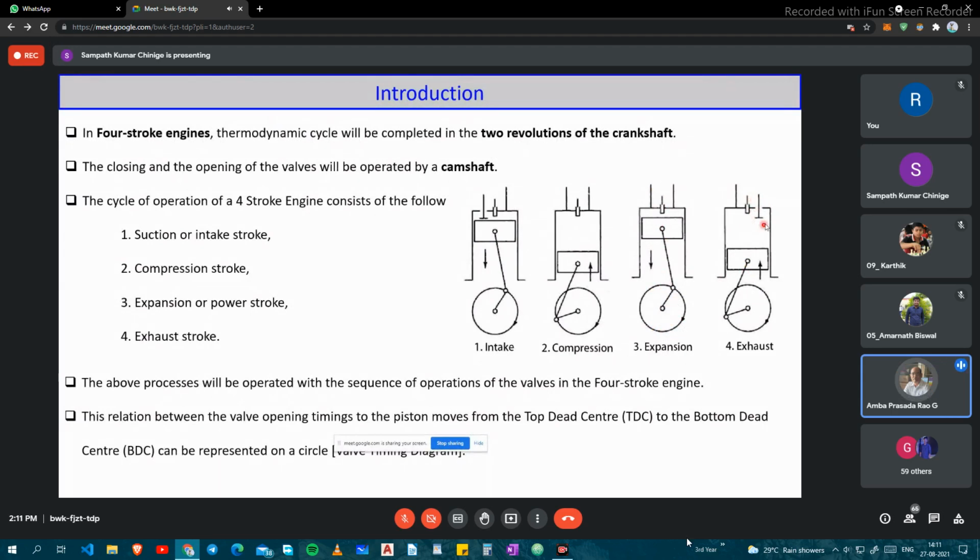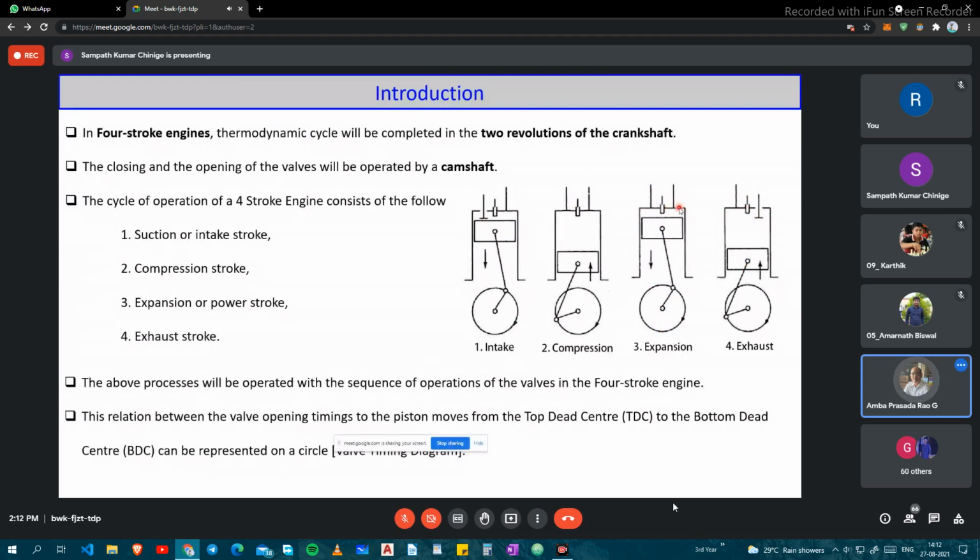So that's how the inlet valve is closed here, and the exhaust valve is only kept open. The inlet valve is open during the suction stroke and the exhaust valve is closed. So in a way, the valves are open only for 2 strokes. The remaining 2 strokes, we actually have the power supplied during the